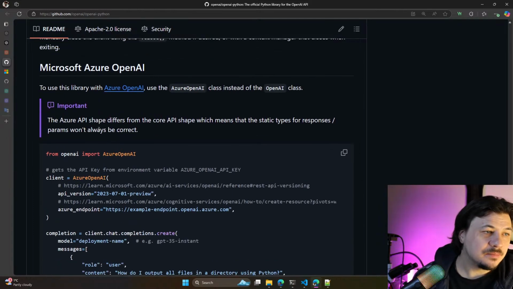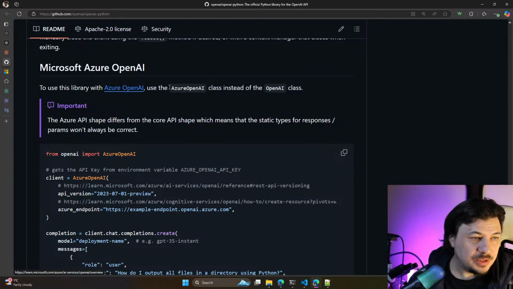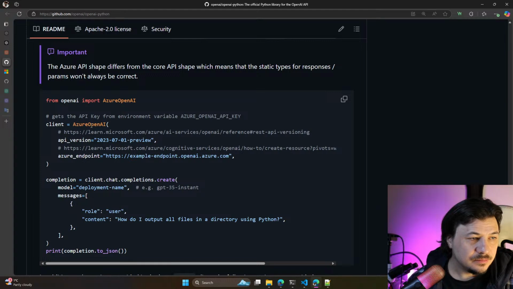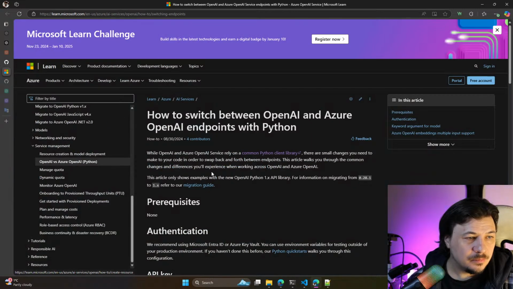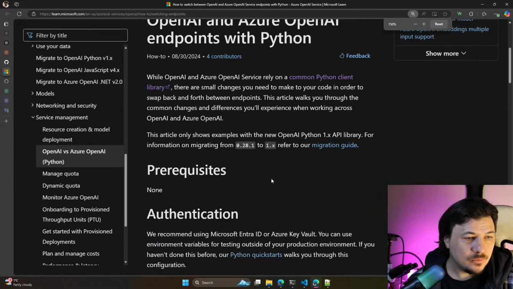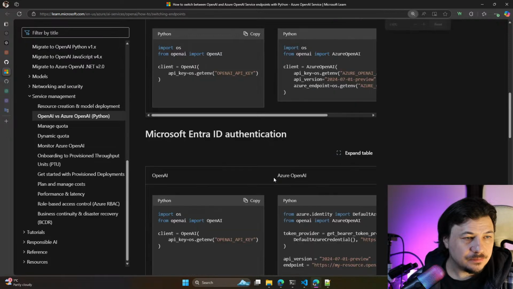Microsoft OpenAI. Okay, to use this library with Azure OpenAI, use the AzureOpenAI class instead of the OpenAI class. I see. So basically the client would be AzureOpenAI instead of OpenAI, and the model would be the deployment name rather than the model. Authentication.